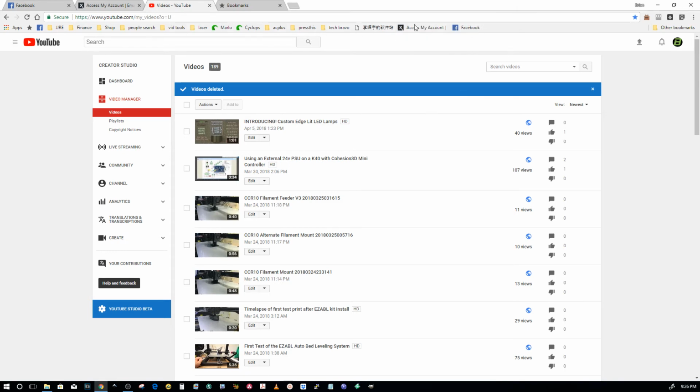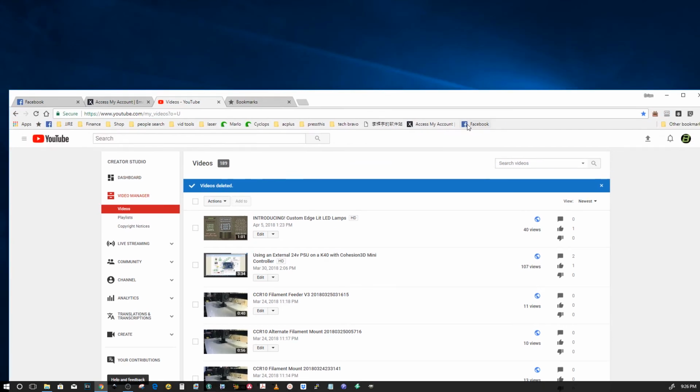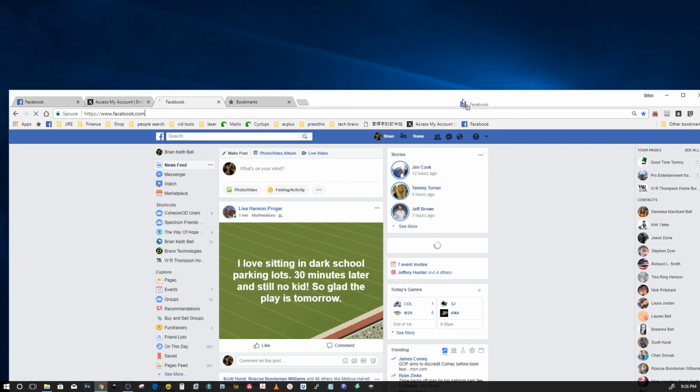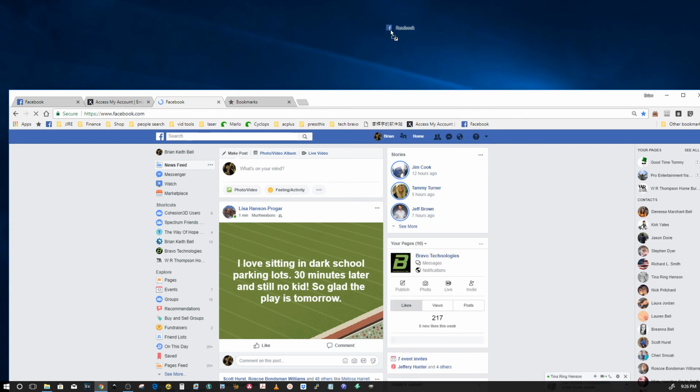So that's how you use the bookmarks. Now if you do want it on the desktop, you can do the same thing. You can either grab one of the bookmarks that's already here and drag it over and let go, and that'll give you a bookmark that way. Or you can grab over here on the icon. Sometimes it'll be a lock, sometimes it won't, sometimes it'll be a favicon, but whatever. You just grab over here in this corner and let go, and you have a shortcut. So either way,